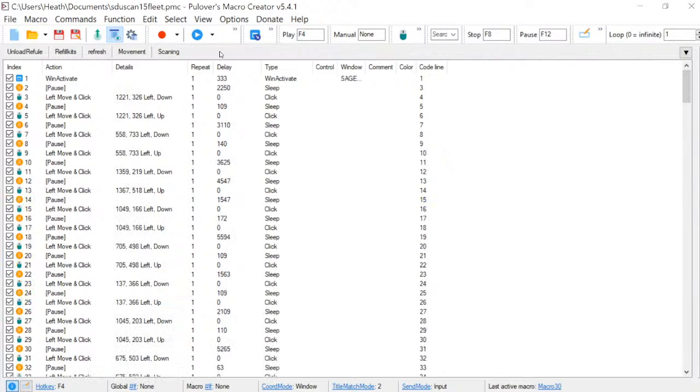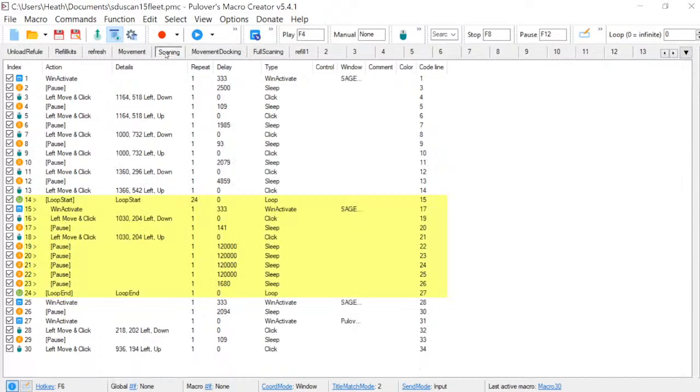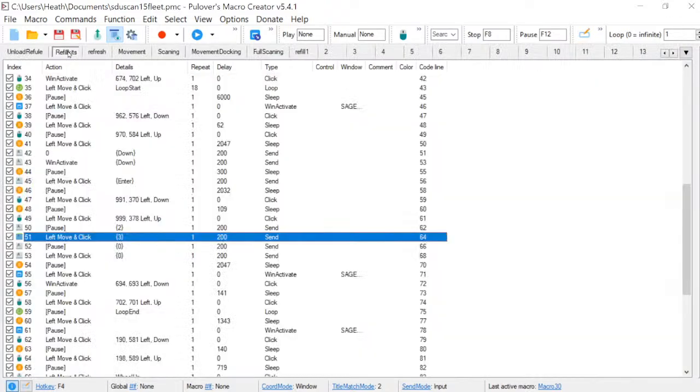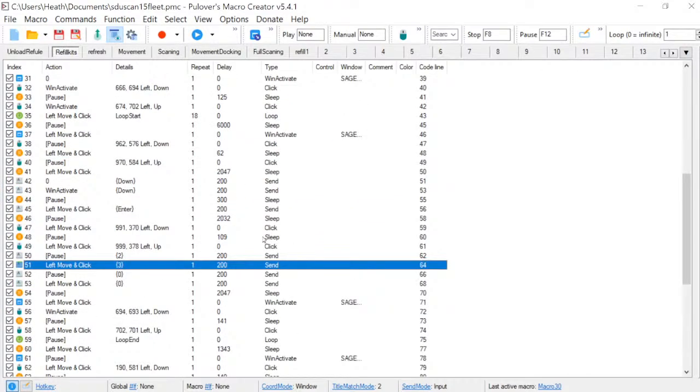Movement docking was to move everything back real quick. Don't use my movements. I think 1 or 2 of them are glitched. When I was creating this thing, it took me hours to do this and figure out this and that and how to do whatever, especially the refill toolkit one. Before I figured out you have to hit down, down, and then enter, I was trying to figure out how to get this bar